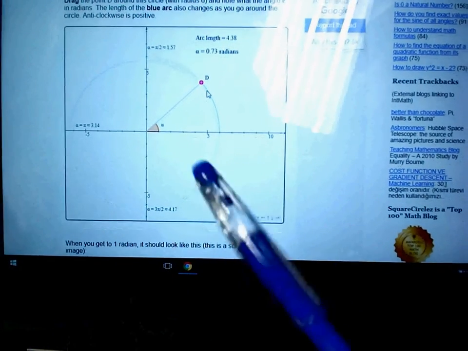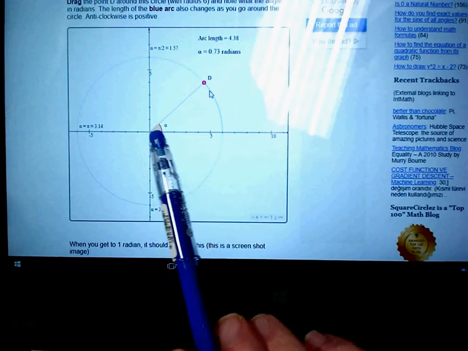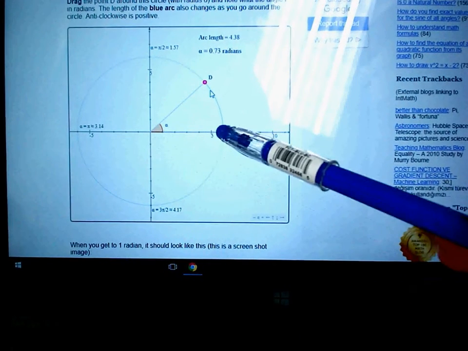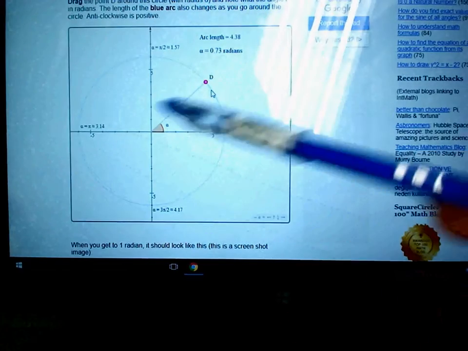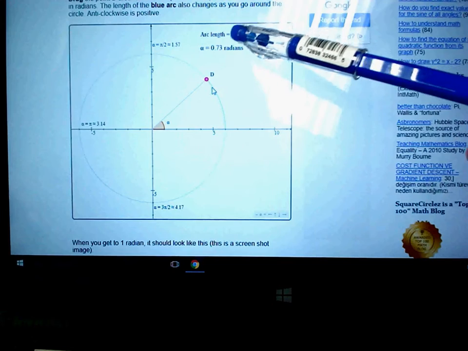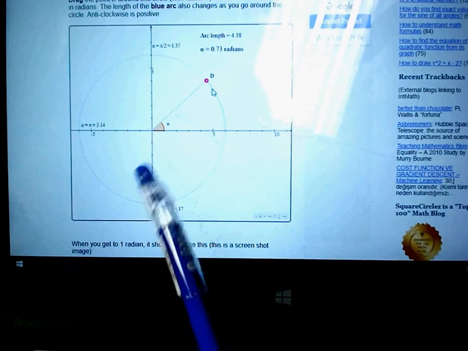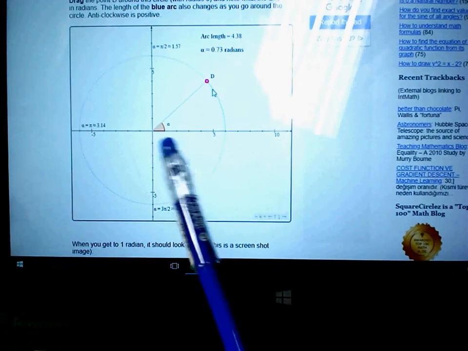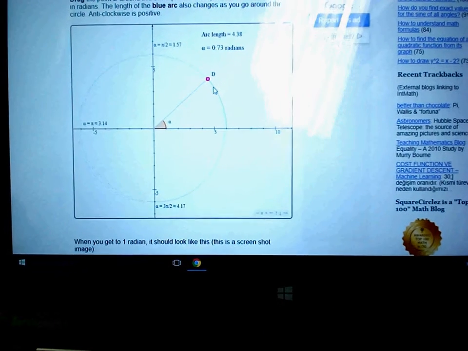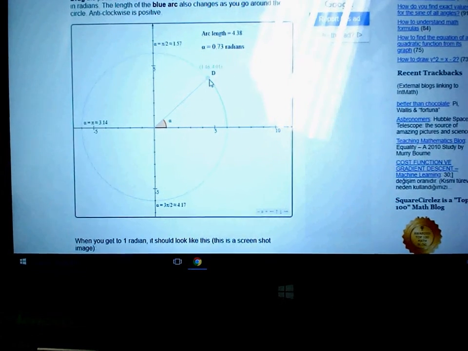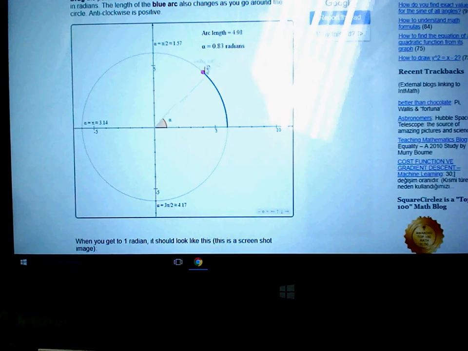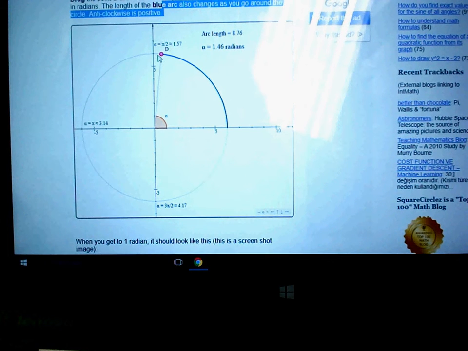So I just want you to see, remember we talked about the radian is making the radius length wrap around the circle. So I want to make the arc length the same as the radius length. So my radius is 6. I want my arc length to also be 6. So I want you to see what happens to our radian measure when I move point D so that the arc length